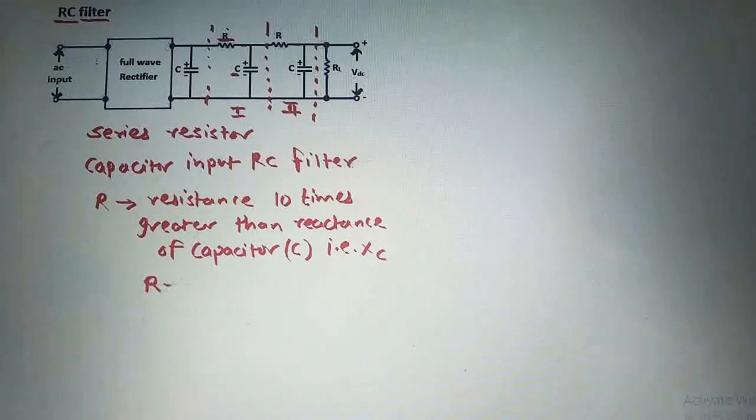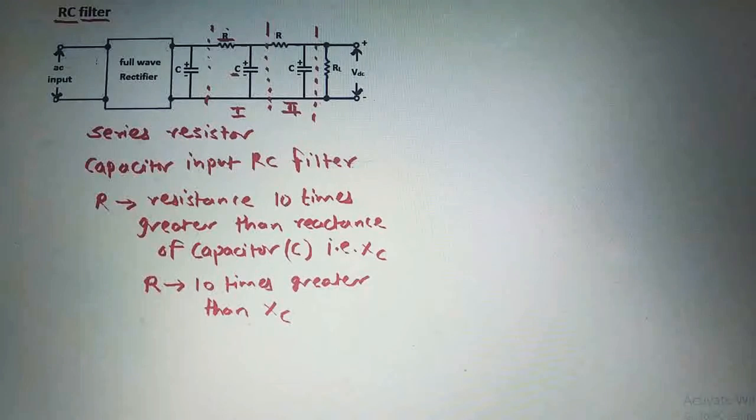it is 10 times greater than the reactance of the capacitor, that is denoted by Xc. So the resistance of resistor R is 10 times greater than the capacitive reactance Xc. As the resistance of the resistor is 10 times greater than the reactance of the capacitor, that is Xc, because of that,